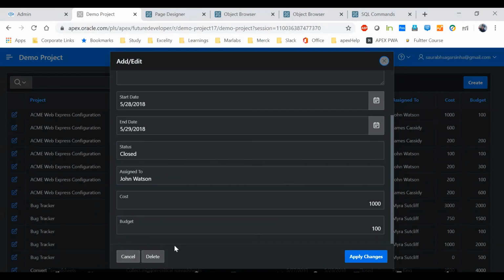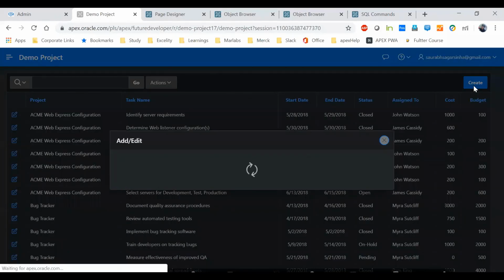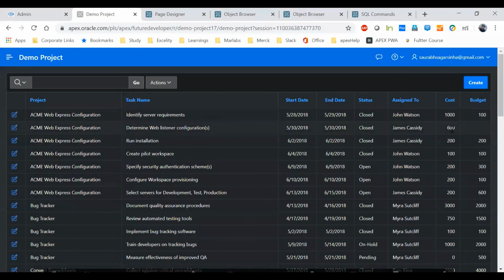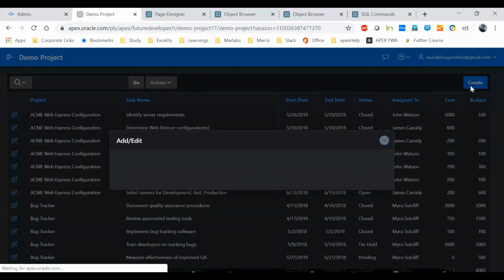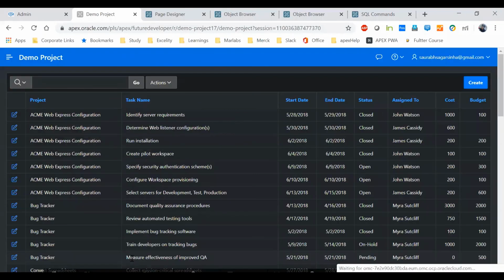And there is a button called cancel. When you click on cancel, the dialog box will get closed. Again, something is written behind the page which performs the action when any event happens. When you click on the create button, a modal dialog page gets opened. For that, an on click event is written. When you cancel, this page gets closed.